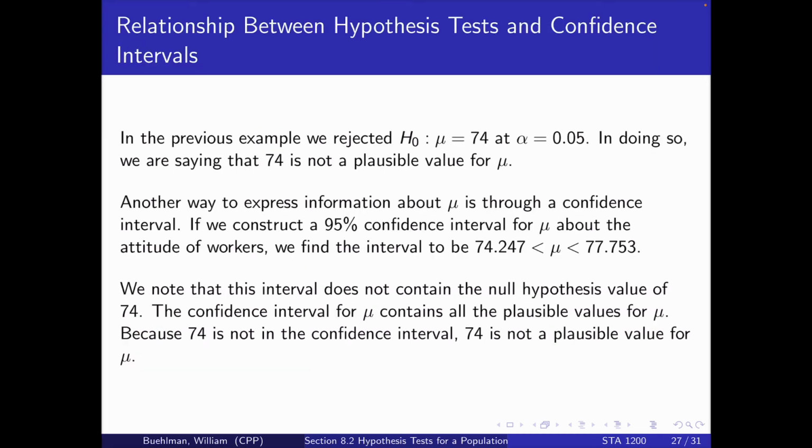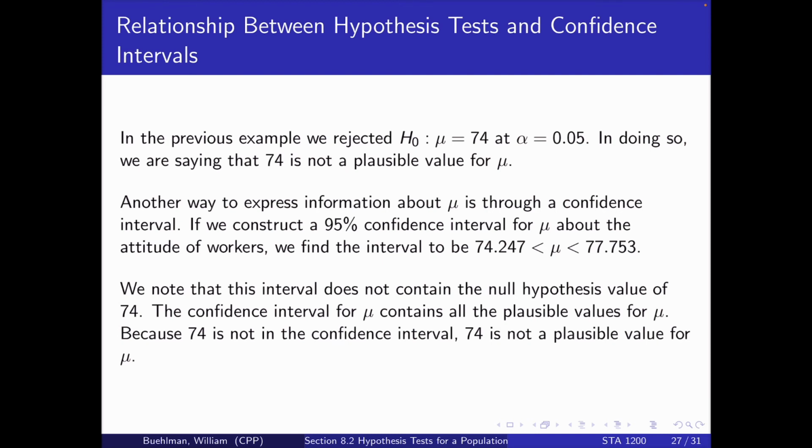In the previous example, we rejected the null hypothesis that mu equals 74 at alpha equals 0.05. In doing so, we are saying that 74 is not a plausible value for the population mean. Another way to express information about the population mean is through a confidence interval. If we construct a 95% confidence interval for the population mean about the attitude of workers, we find the interval to be